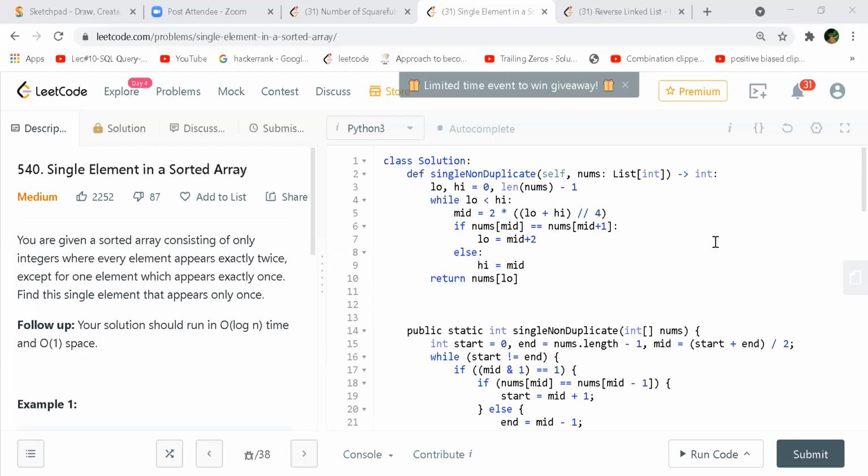Okay, because you are actually not crossing, but you might cross over, right? But the way you are using your mid plus 1 and mid minus 1, you are not using mid plus 2 and all that. Therefore you are not going to overcross. It's guaranteed that start and mid and end have at least a difference of 1. Perfect.